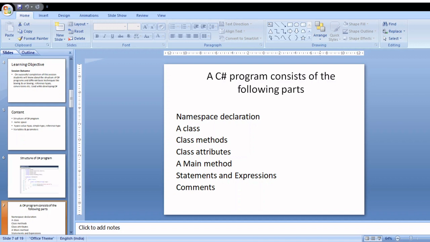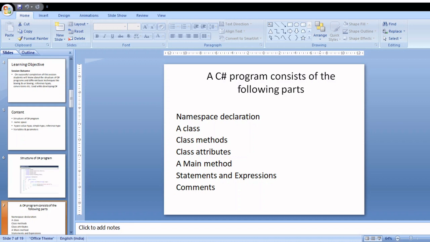In that you have a namespace declaration, class declaration, and Main method declaration. Along with that you have made use of the Console.WriteLine method and ReadKey method. These two methods are the predefined methods of the predefined class System.